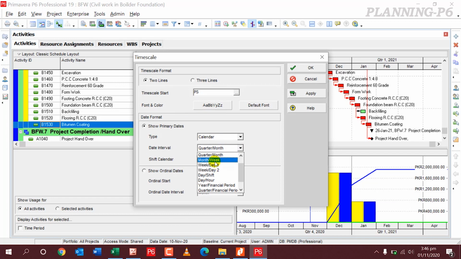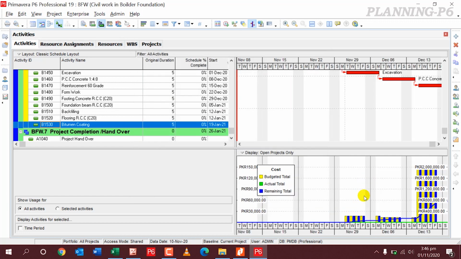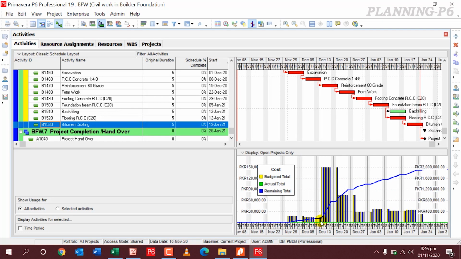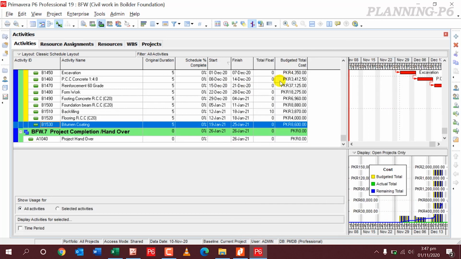Also you can get your curve on a daily basis, and for this project you can get your curve on a weekly basis also. Easily you can see your curves here.